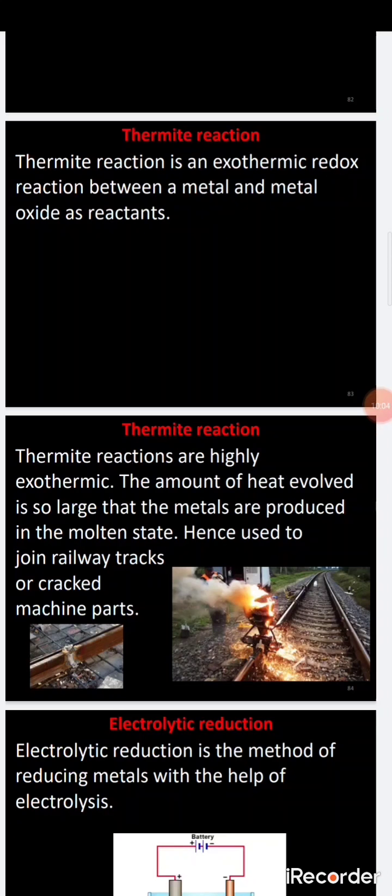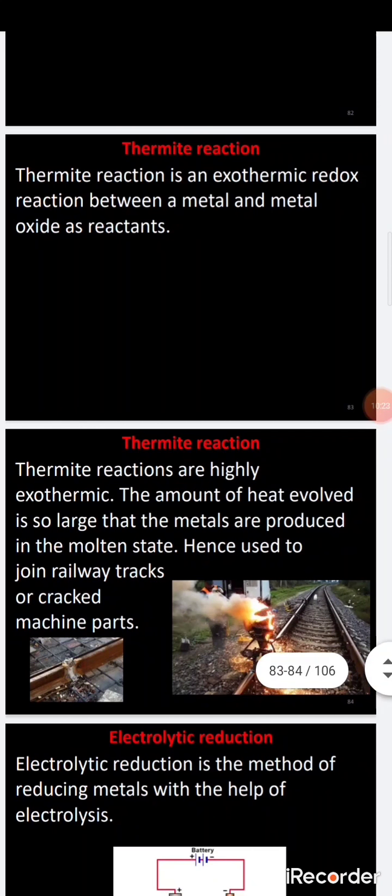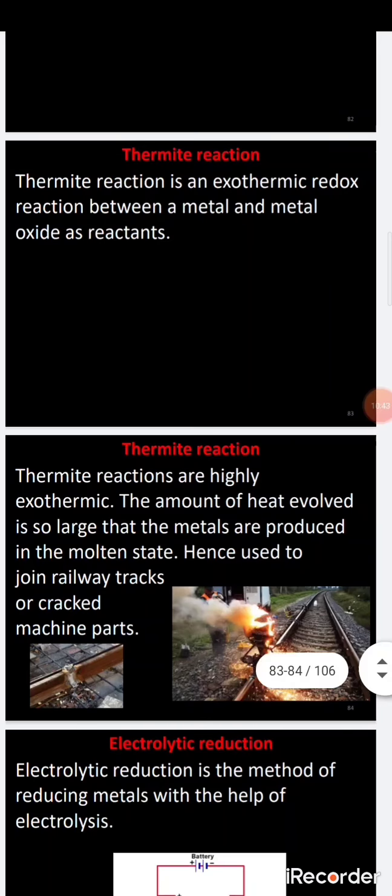The first question is to mention the difference between calcination and roasting. I already told about the difference. In calcination, most of the carbonate ores are converted into oxide by heating strongly in limited air or in the absence of air, and that is known as calcination. Then sulfide ore is heated strongly in the presence of air, and most of the sulfide ore gets converted into oxide, and this is known as roasting. This carries 1 mark.